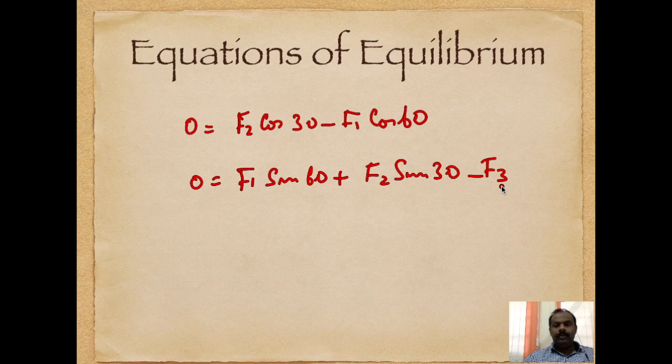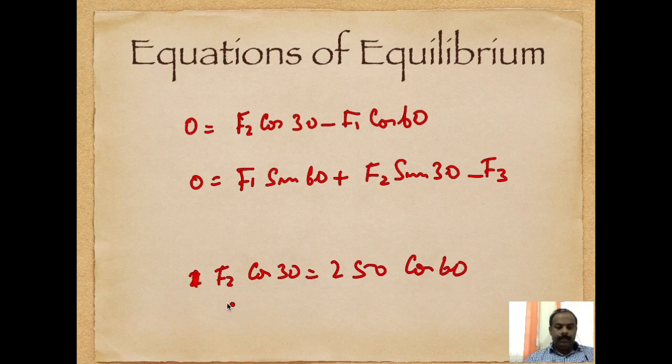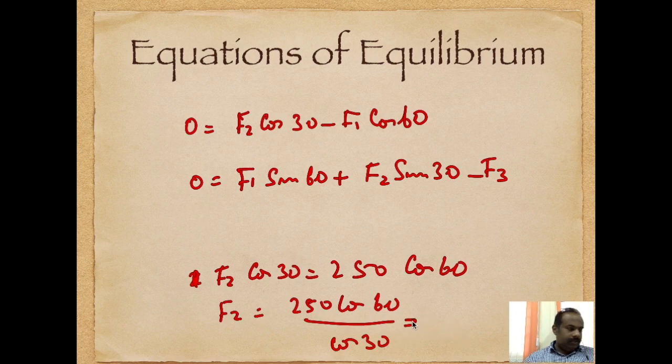Sin 90 is 1. So you will get two equations like that. From this we already know the value for F1. So F2 cos 30 is equal to 250 cos 60. Okay, and F2 is equal to 250 cos 60 the whole divided by cos 30, which is